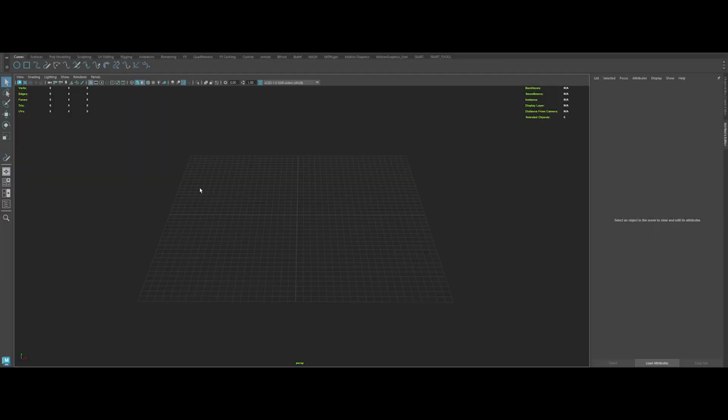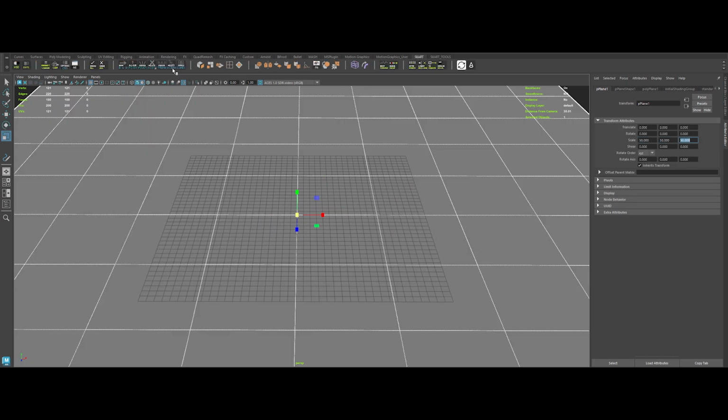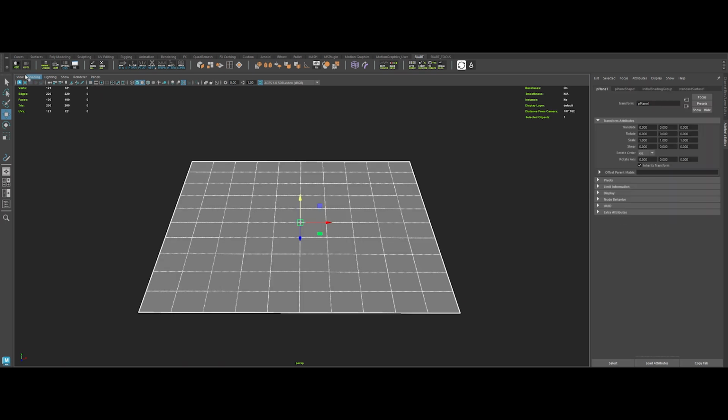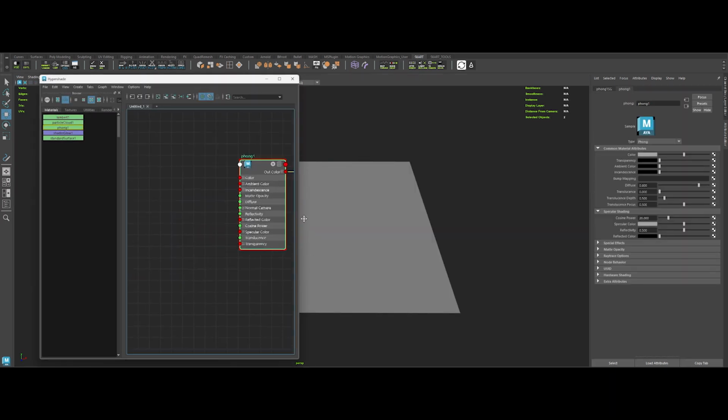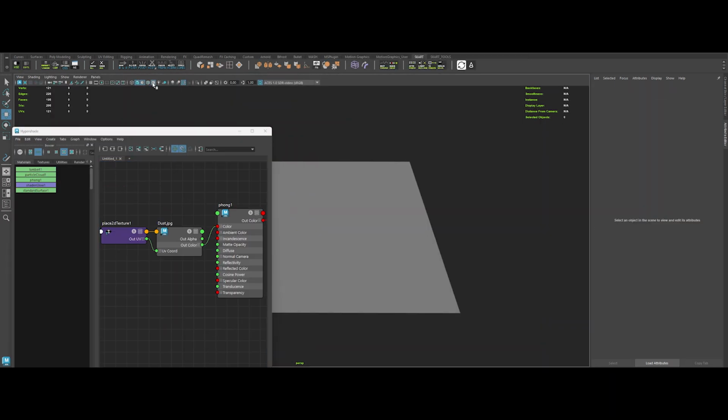Alright, time to get dirty, literally. Let's start modeling some realistic dust and grime. First, create a plane, scale it up, freeze transforms, delete history, and center the pivot. Boom! Now, let's slap a material on it. Plug in a dust reference image, out color to color, and apply that material to the plane.